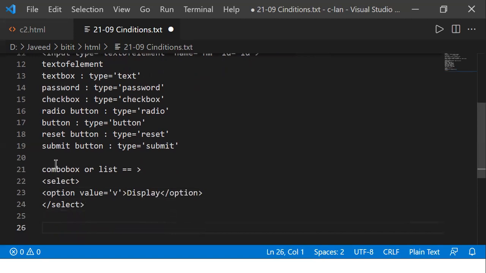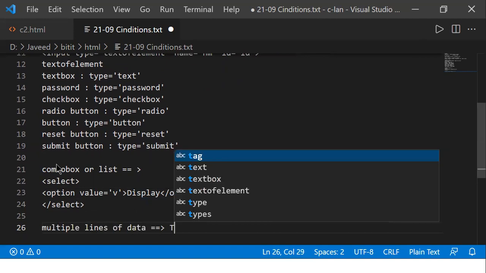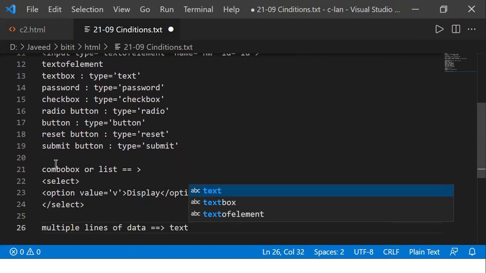We have a control where I want to enter multiple lines of data. In this case, we are going to use a control called text area.